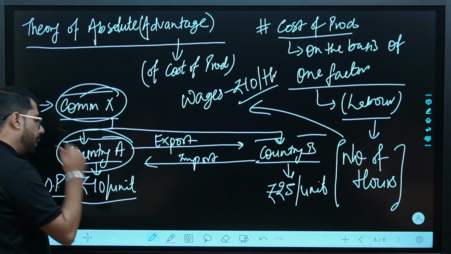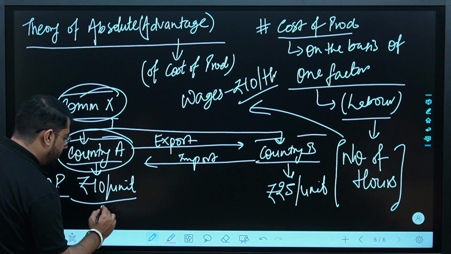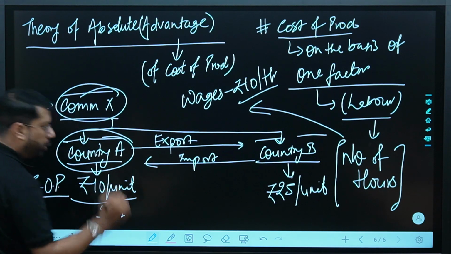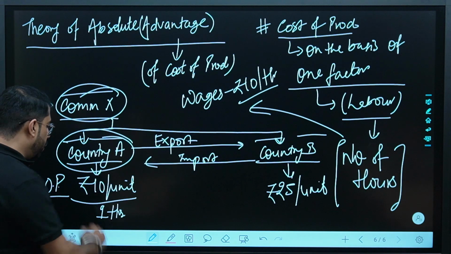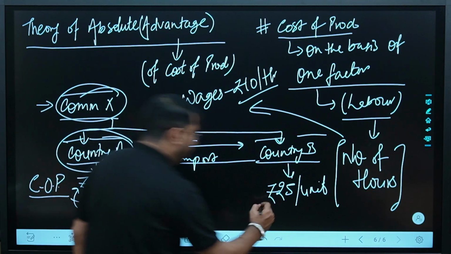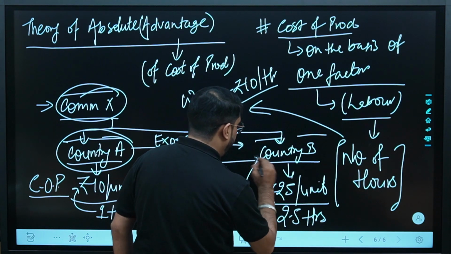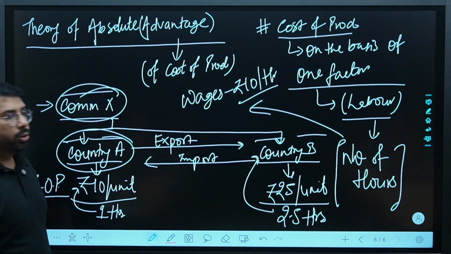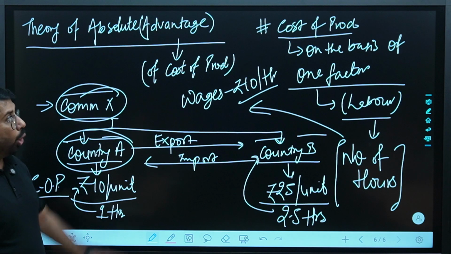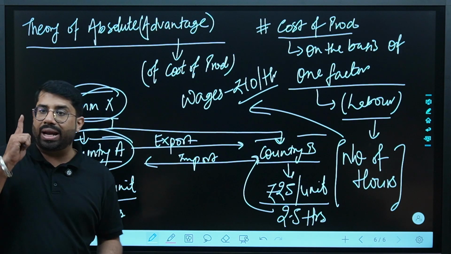Okay, I am not writing 10 per unit and 25 rupees per unit. I am saying country A is investing 1 hour to produce 1 unit. What will be the cost? 10 rupees per unit. Country B is investing 2.5 hours to produce 1 unit. It means what will be the cost? 25 rupees. So on the basis of labor we are deciding, on the basis of time we are investing we